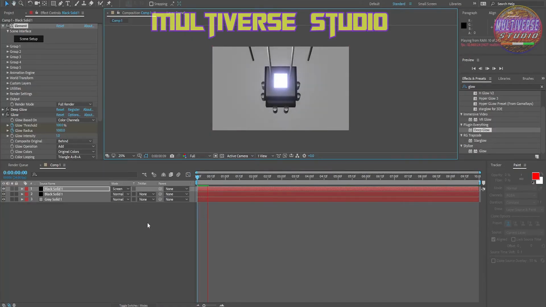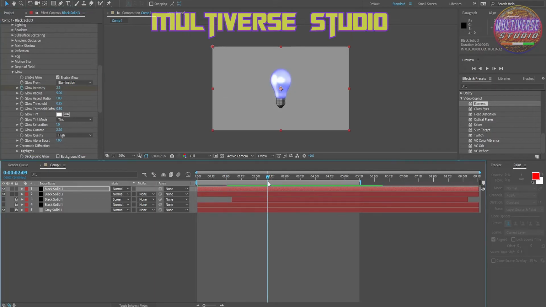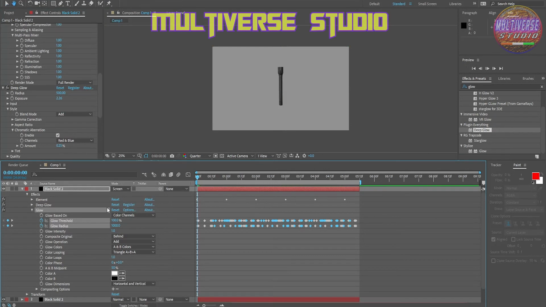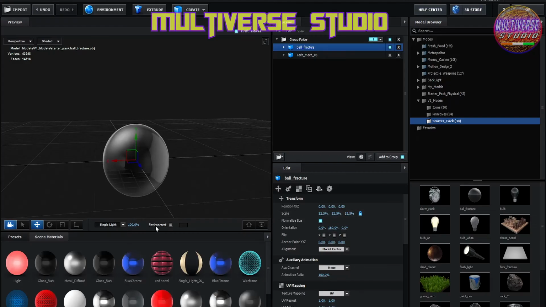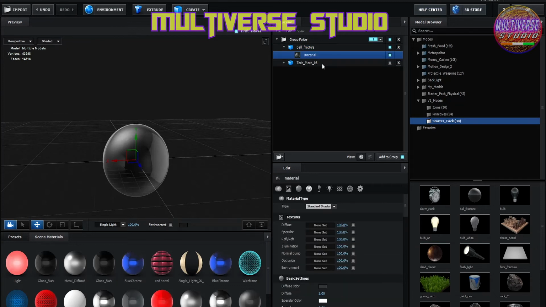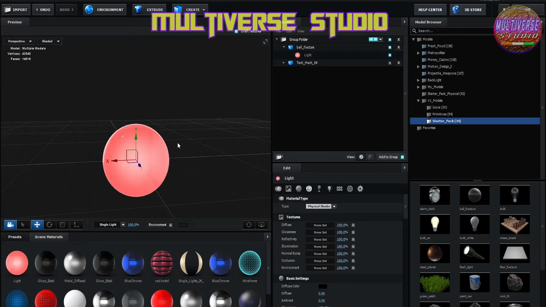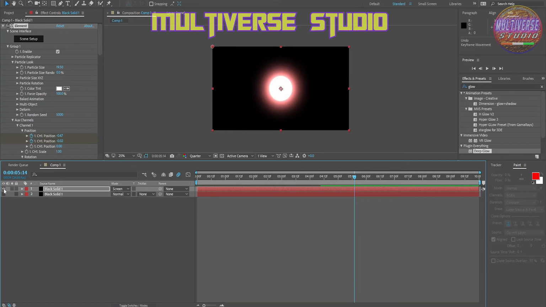If you do not have the Motion Design 2 models, don't worry, you can still use this technique in the bulb or the torch model which is inbuilt in the Element 3D. Also, it's possible to do this method in an object which does not have any light in it, but in that scenario the whole object will glow instead of glowing some part of it.